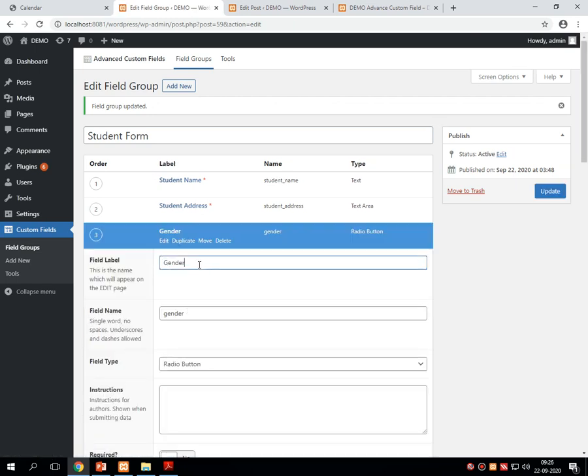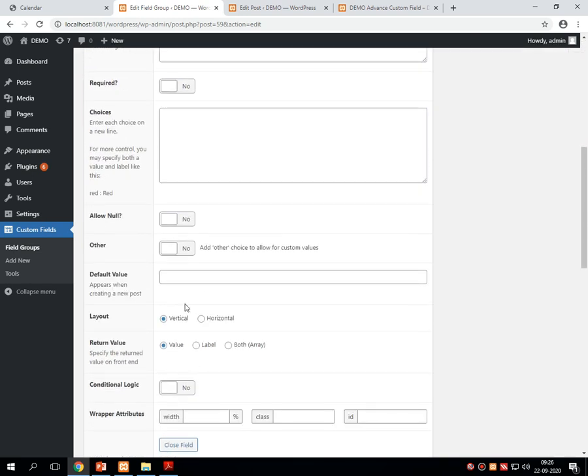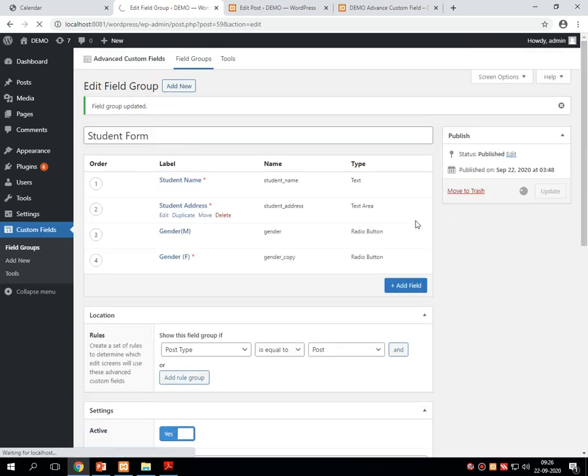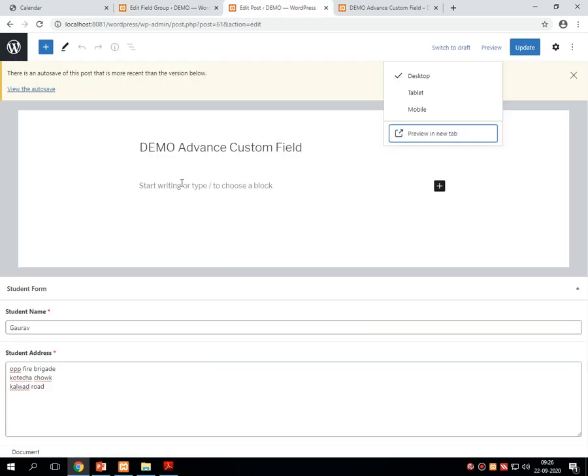Gender, edit into the bracket M for male, then radio, then default value is male. Let me check it by updating the things. Fine, it is required. Then I'm just refreshing this page. What comes? Let's see.